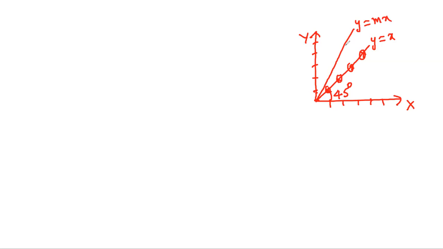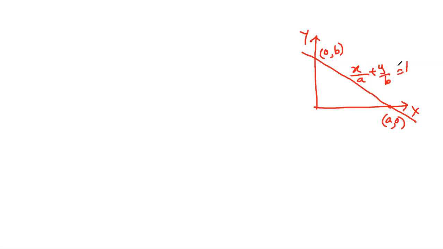One more line will go, this is the way, y is equal to mx. There is a straight line passing through the origin. So y is equal to x is a straight line passing again through the origin but making an angle of 45 degrees. This one more you can remember. And the third one,